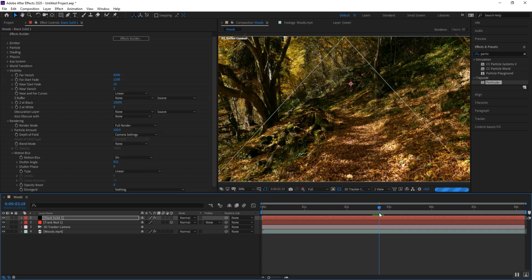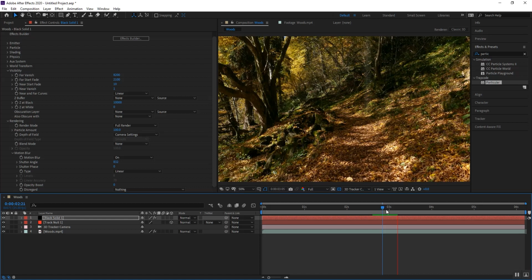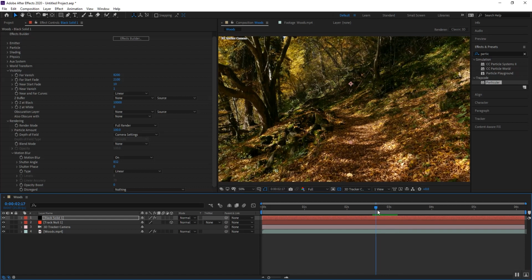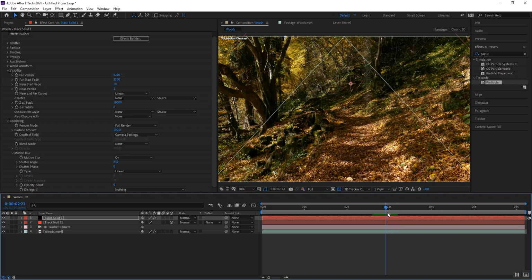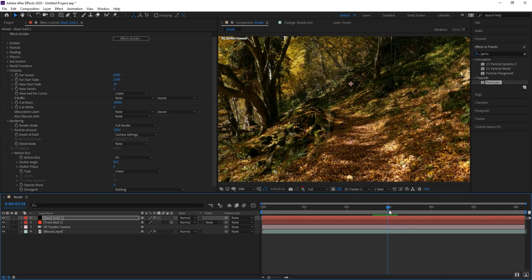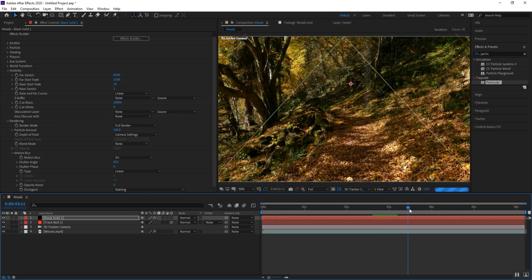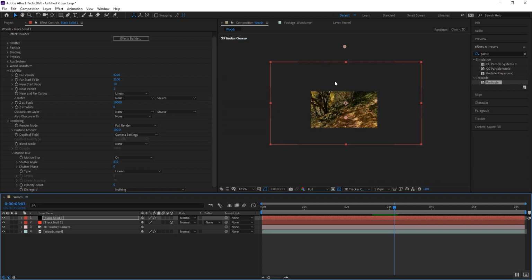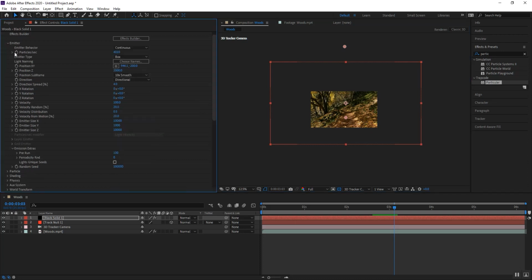So when you look at it like that, we'll get a few more squares. Let it kind of get going. Okay. So if you look at it now, that's a lot. What it's doing is it's coming down at an arc. So the only way you can make that work is you can increase the gravity or the velocity, or you can change the source from the emitter,